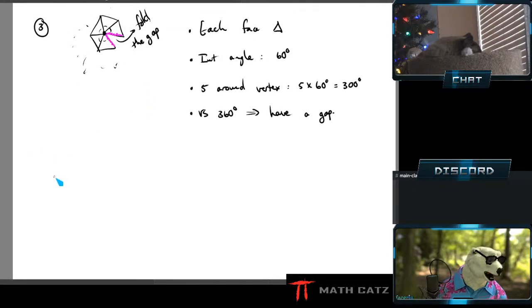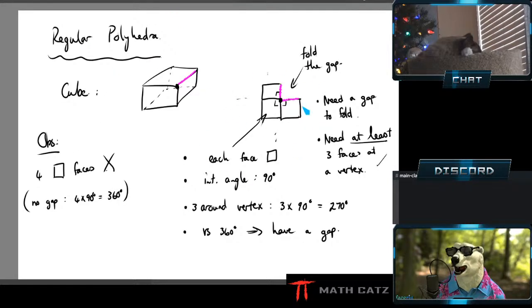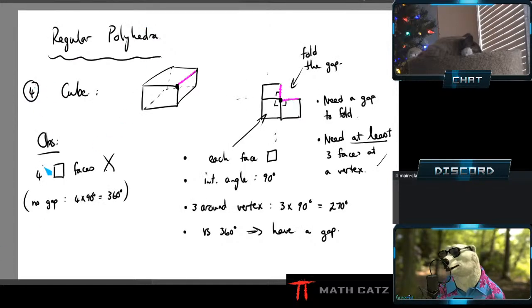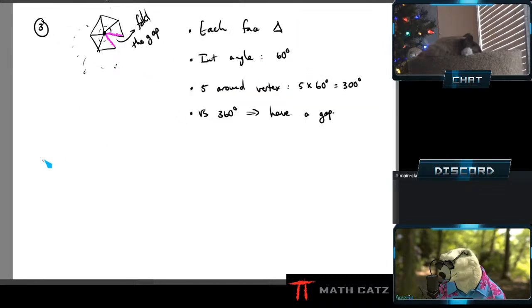But wait, there is more. Because the question is, well, how many can we make? So we've established we can't use more triangles. When we looked at the cube, we can't have more than 3 square faces coming together. So the triangles and the squares are kind of done. And by kind of, I mean they are done. So I guess this is number 4. Technically, this is number 4. If I build up in terms of the faces, triangles, did everything we can, got 3 of them. Then go up to a square face, yeah, get the cube. So next up is